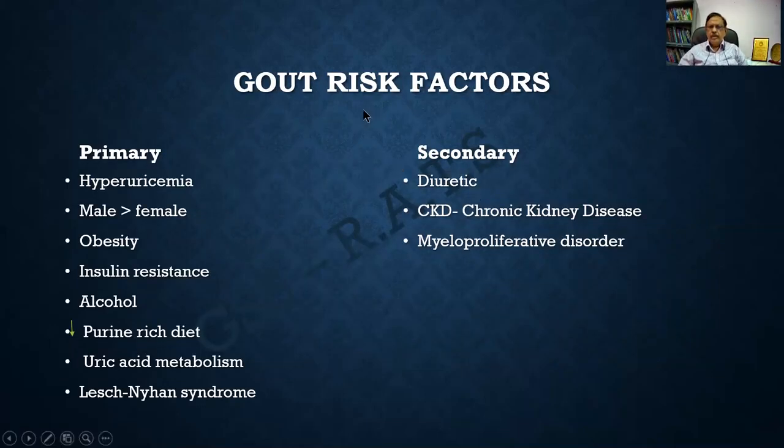The causes for gout are divided into the primary gout and the secondary causes. The primary causes, primary means usually we do not know, but then there can be some underlying conditions such as hyperuricemia. After all, uric acid is being produced, so there is hyperuricemia. Males are more prone. Obesity and insulin resistance go hand in hand with gout. Alcohol can induce a gout. A purine-rich diet and a defect in the uric acid metabolism are the most important features which can lead to